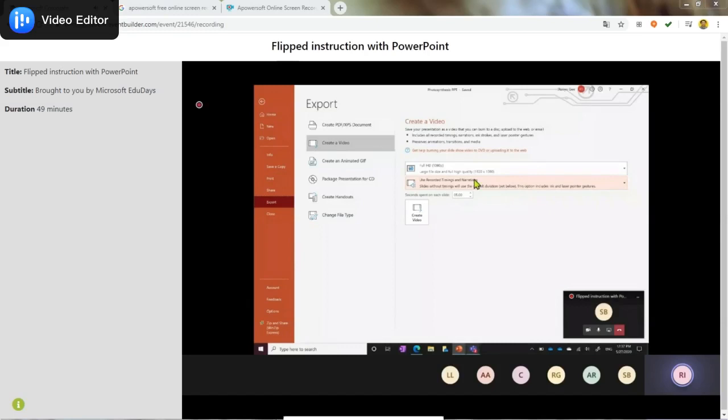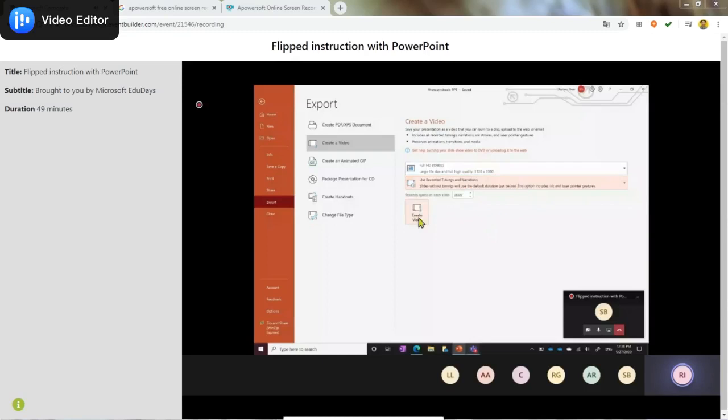If instead you've created a PowerPoint that you just want to progress at even time intervals, you can say don't use the recorded timings, and instead you can say I want each slide up for 8 seconds, for example. But I'm going to use my recorded timings and narrations because I spent all this time working on them.